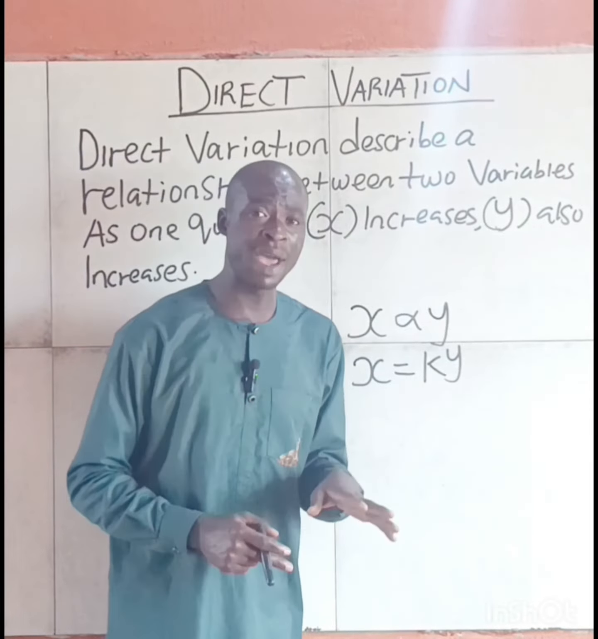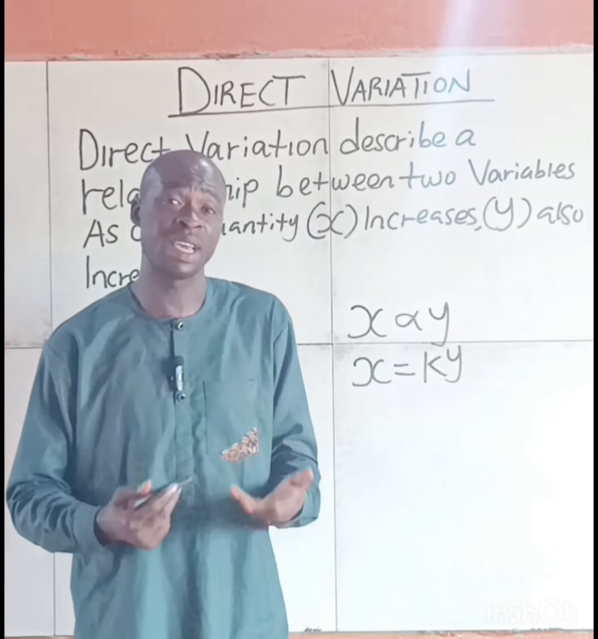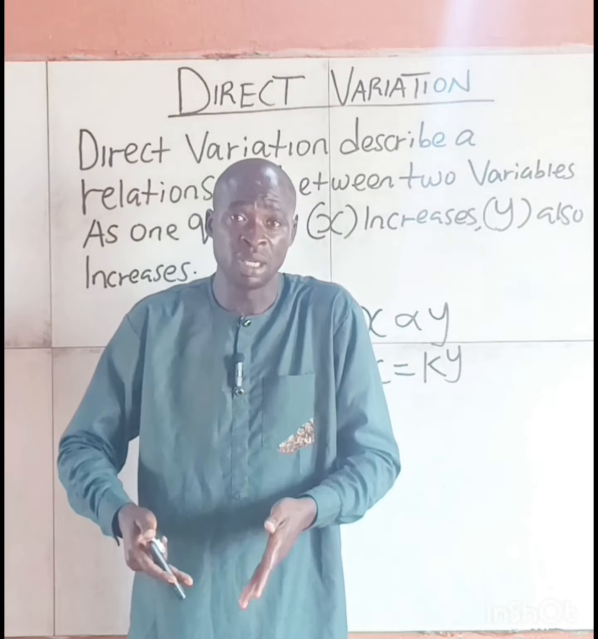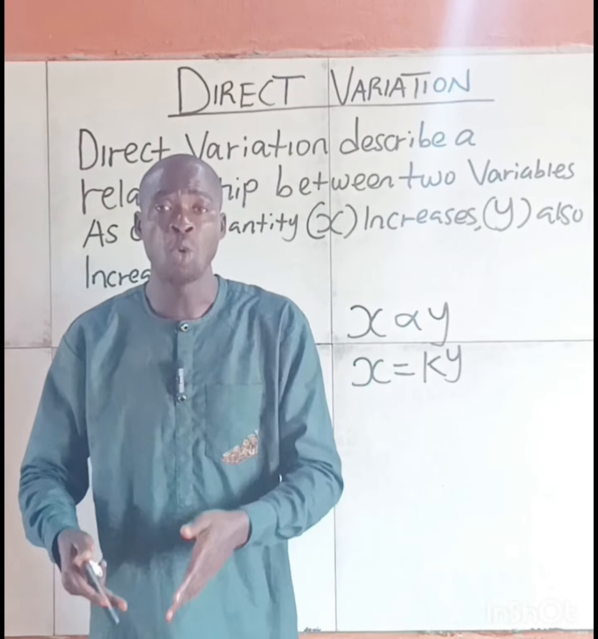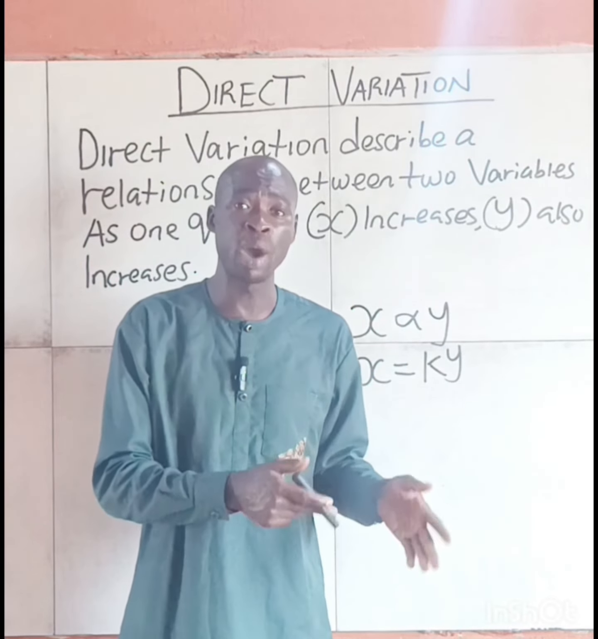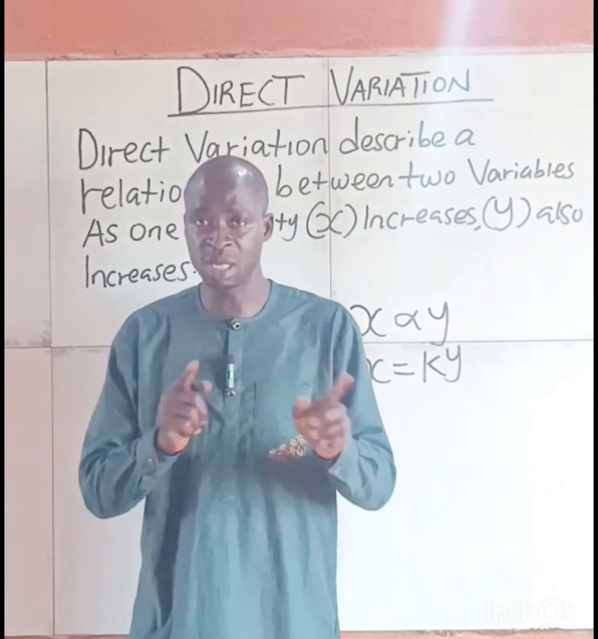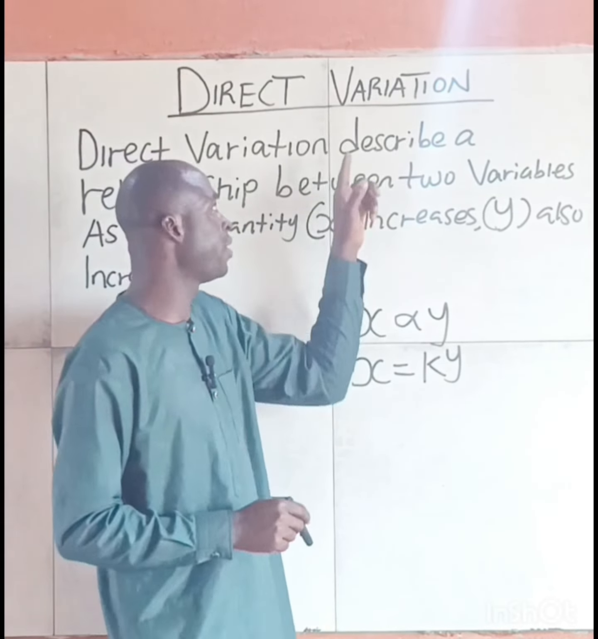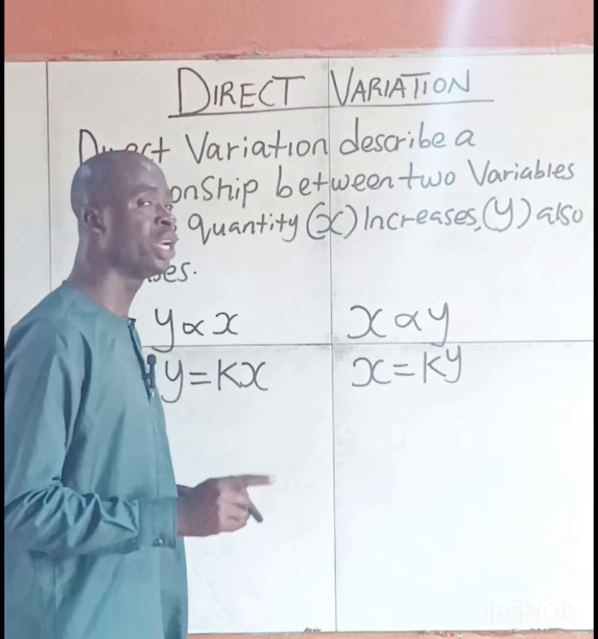Direct variation describes two variables, let's say x and y. Now, as the x is increasing, the y is also increasing, while as the x is decreasing, the y will also decrease. This is the relationship between two variables when it comes to direct variation. Now, with that being said,